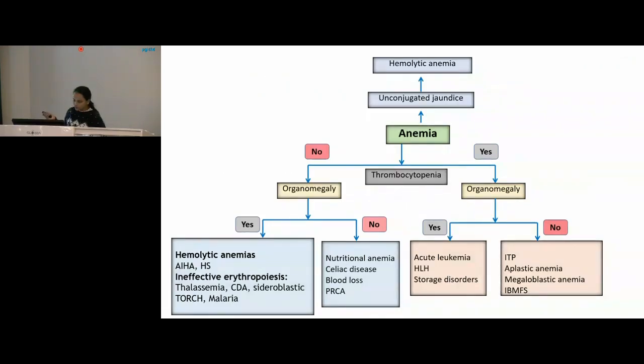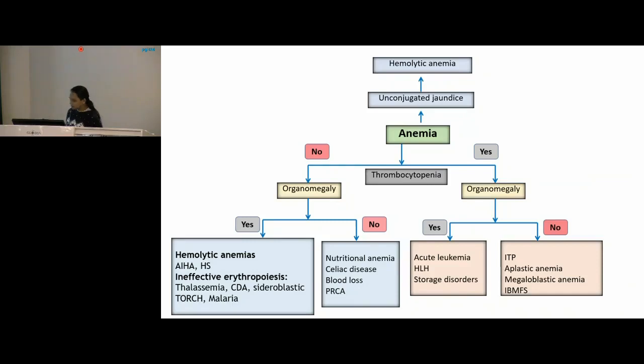Suppose a child has presented with just anemia and there is no organomegaly on examination, so we have to think of these causes. The most common that we see is nutritional anemia, and celiac disease is again common in this part of our country, so we have to keep that in mind. And Diamond-Blackfan anemia or PRCA usually presents with macrocytic anemia in the infantile age group, and they do not have organomegaly. So this is one approach based on presence of jaundice, presence of other cell line involvement, with or without